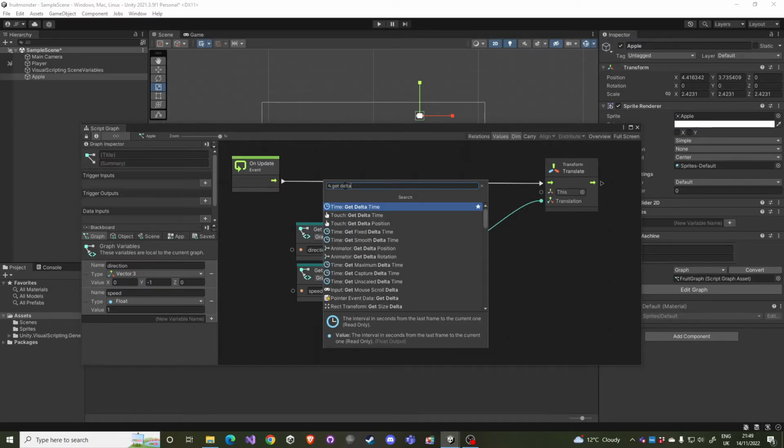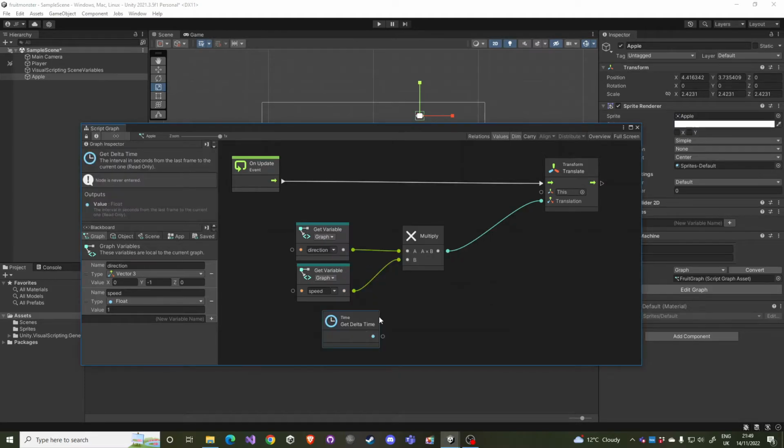Get delta time. Somehow previously I used this node, I really need this node, time, get delta time. So you have to be very careful not to confuse nodes that are similarly named. What is get delta? Get delta is the time elapsed since the previous frame of animation, and we need to